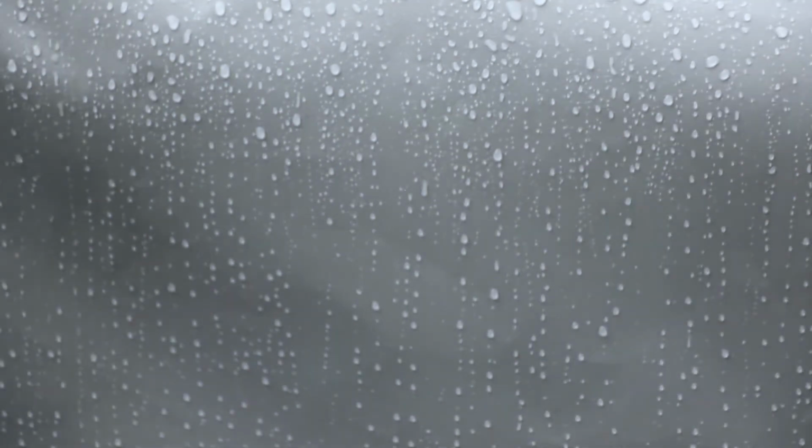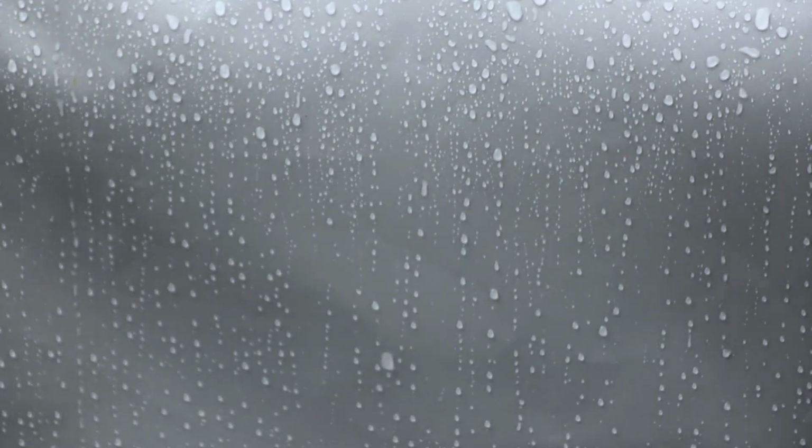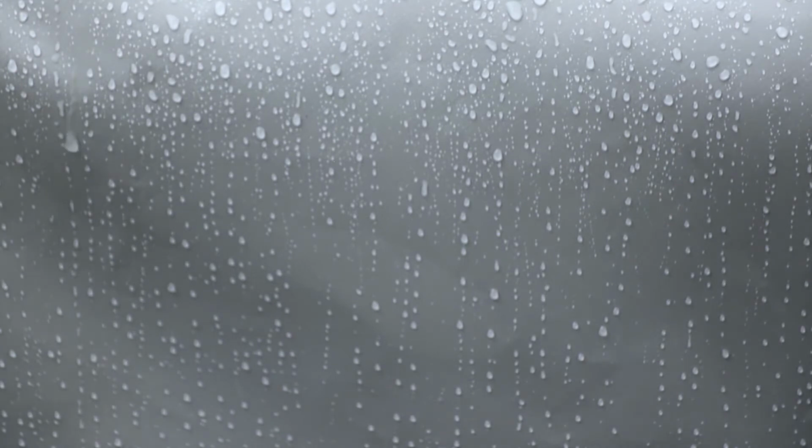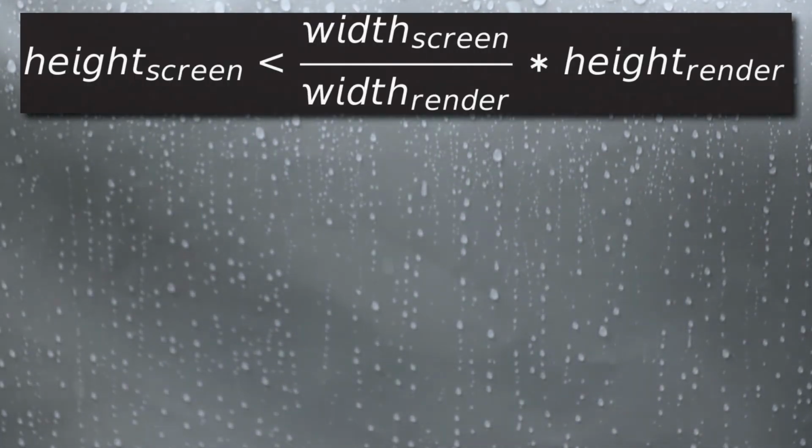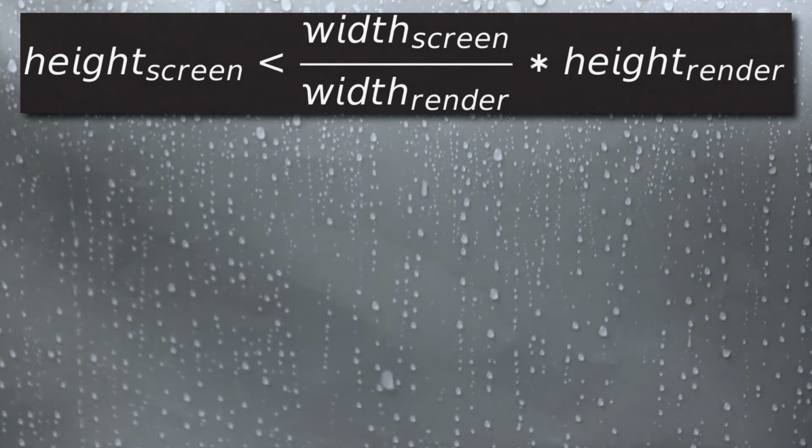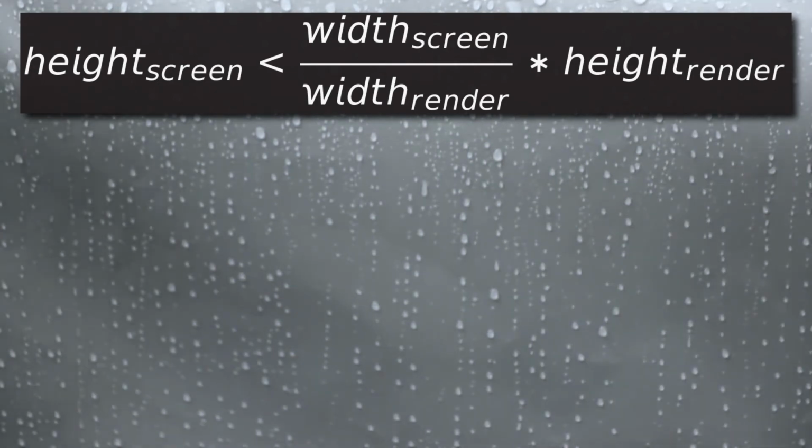With pillar or letterboxing, one dimension of the drawing rectangle has to fill the whole of the same dimension on the screen. So first we have to isolate which dimension can be filled. So I'll check if the width of our screen divided by the width of what we want to draw times the height of what we want to draw is larger than the height of our screen.